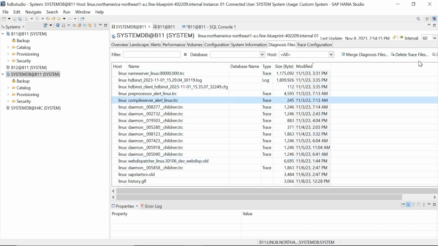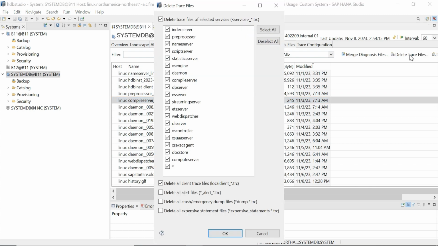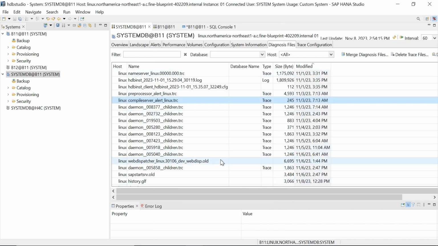For example, if I want to delete this trace file, yes, go and delete. See how many services we are having. All these services are having some trace files. If you want to delete all these, yes, you can do the deletion. So don't keep all these traces. From time to time, merge these diagnosis files, compress them and download them somewhere. Only a few traces should be available here. Unnecessary data is being generated there, right? Otherwise sometimes what happens,